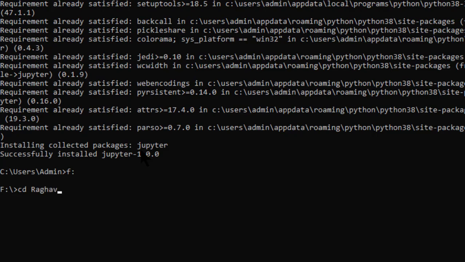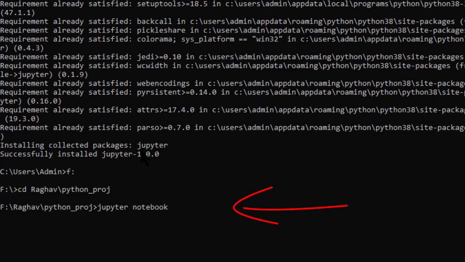And when you enter your folder, you can just say Jupyter notebook, and that should open your Jupyter notebook. Or if that doesn't work, if there's some issue in installing and sometimes this doesn't work properly, then you can always say python -m